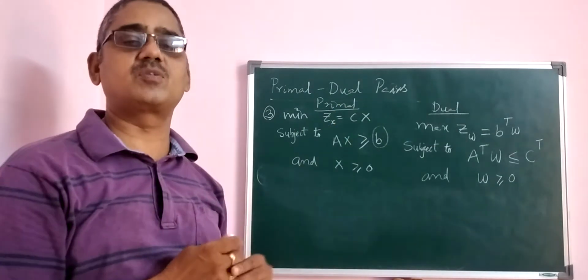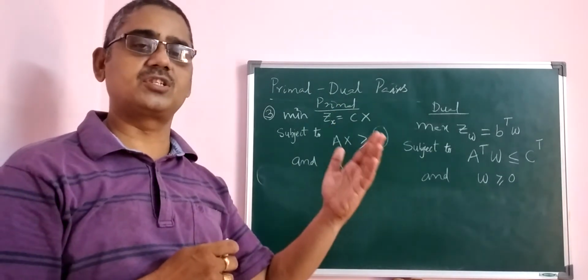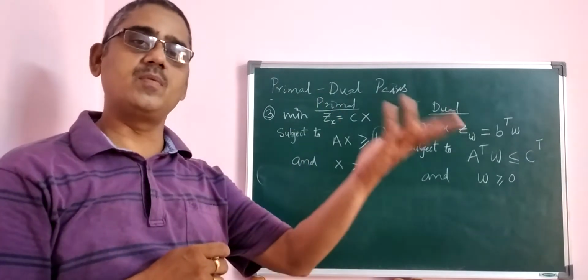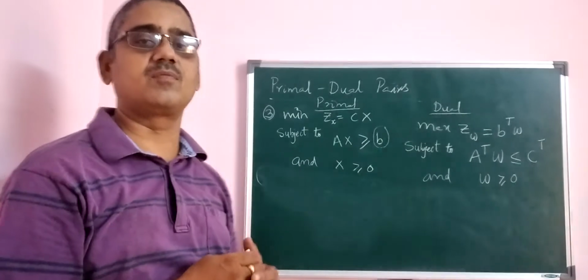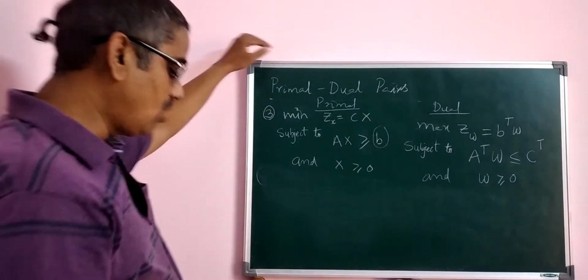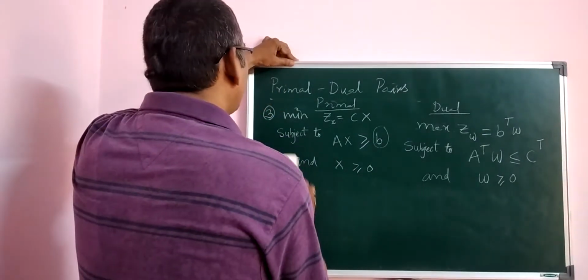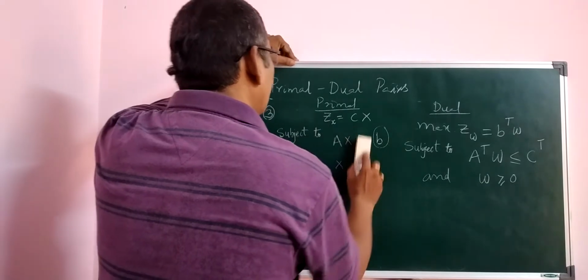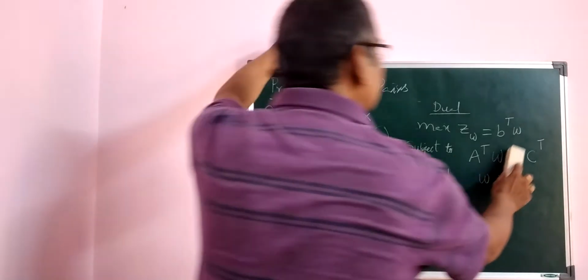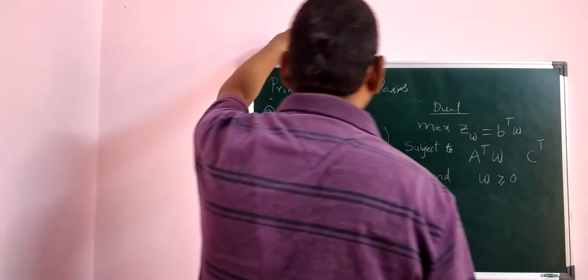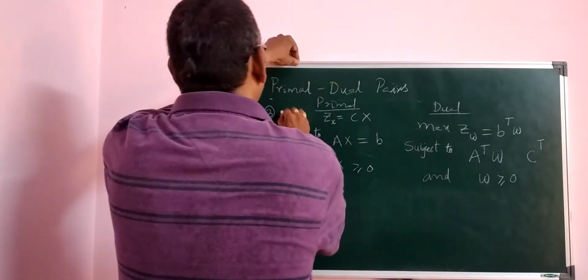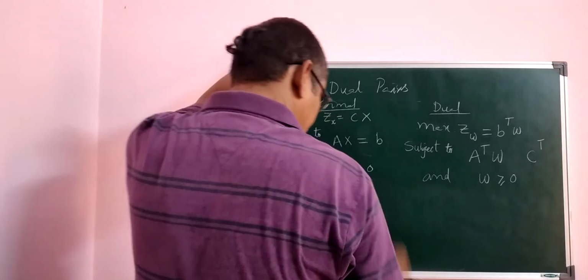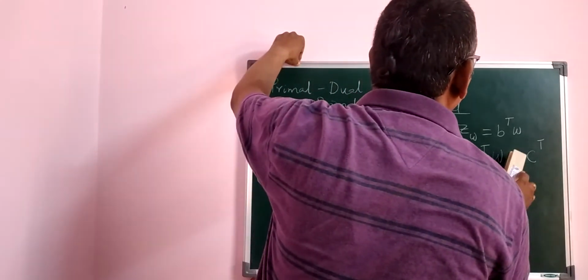The first one I have explained. The maximization standard form with less than or equal to, and minimization with greater than or equal to, is called the symmetrical form. Right now we consider another particular form, the constraints of equal to, Ax equal to b. So here I consider maximization first of all.